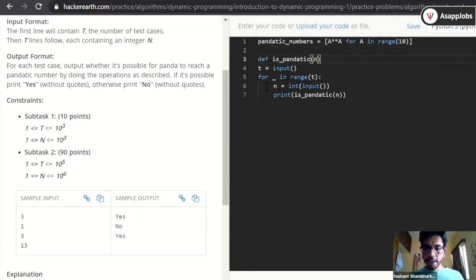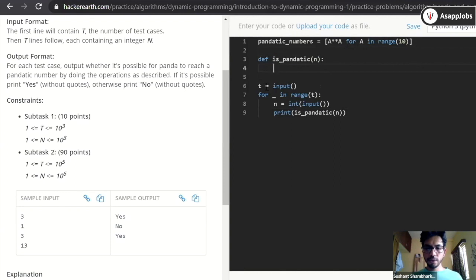We'll get n here. So what were the base condition? Can anybody tell me what should be the base condition here? Yeah, check for the negative numbers. Yeah, that is correct. So let's check for the negative numbers. If n is less than 0, I think even 0 is not a pentatonic number, so let's just skip the 0 and let's check whether the n is less than 1 or not.